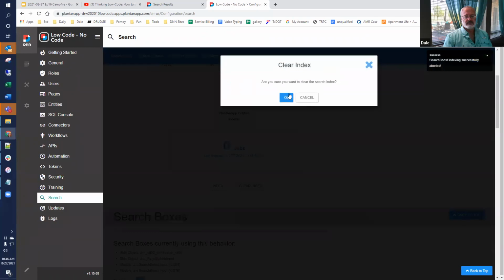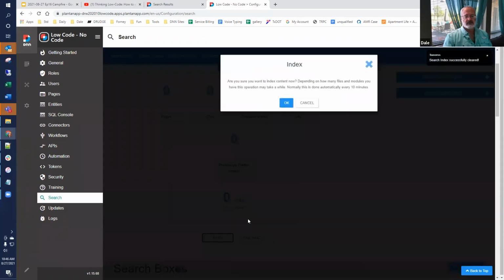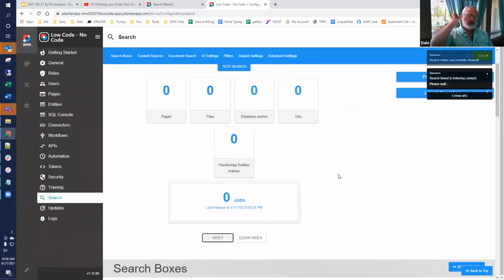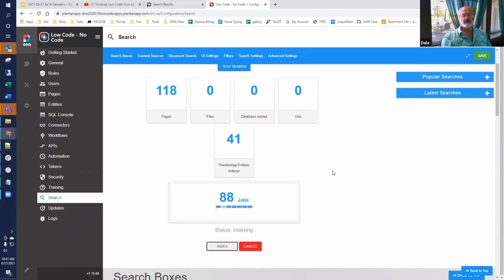Clear the index. And so we're at 0 again and redo it. This is the kind of thing that is very easy to do on a low volume site, but the more pages, the more volume, indexing could take a long time. Probably far better to just let it do its thing on a production site. You're not going to want to redo these indexes, or it might be hours. You let it do its thing.